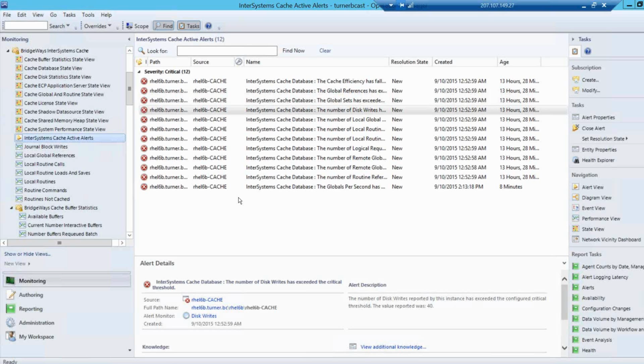Now, on that note, alerts. A lot of times, administrators want to ignore an alert completely, perhaps just for a short period of time, or don't want that alert to go off with a particular threshold. In other words, if it hits a 90% threshold, don't generate an alert, wait till it's 95%, or perhaps generate it when it's 85%. This InterSystems Cache management pack, along with all our other management packs, comes with what's called